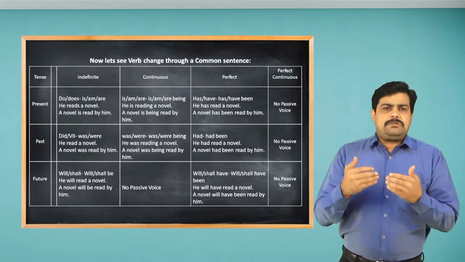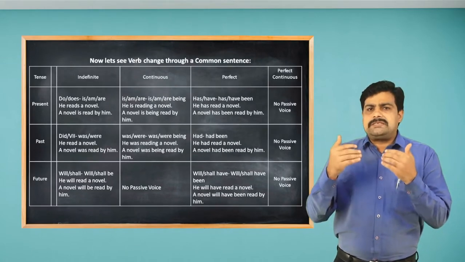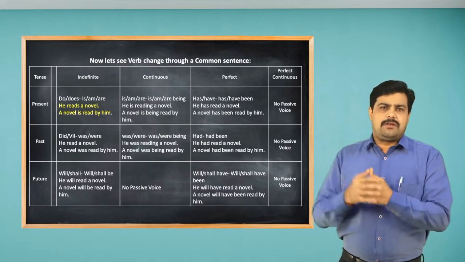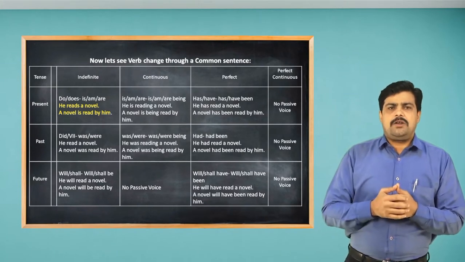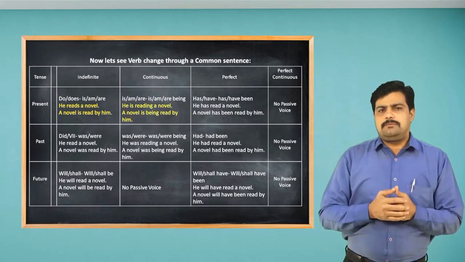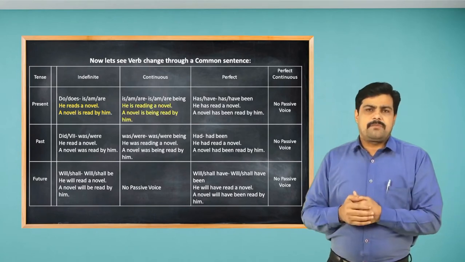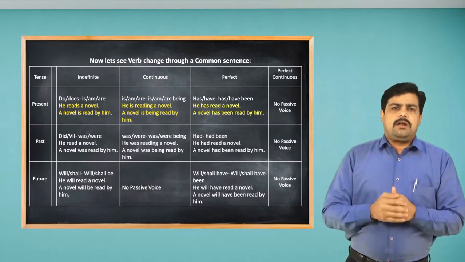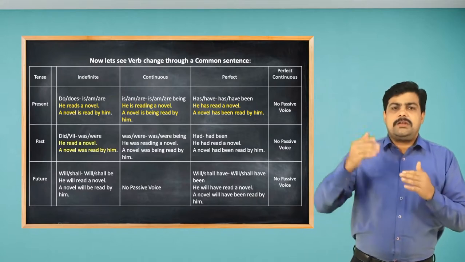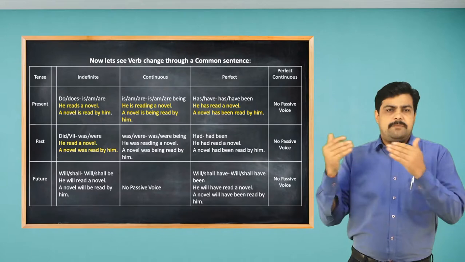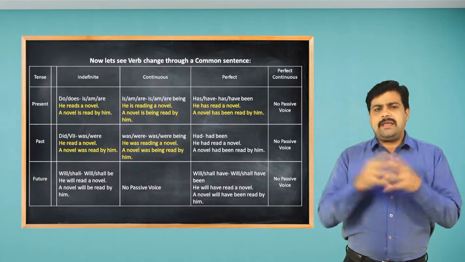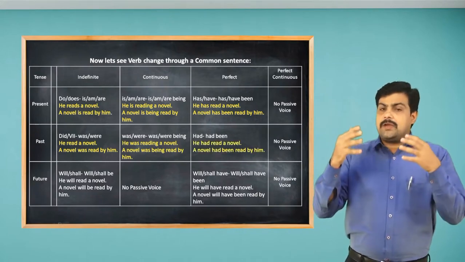Now let's see verb change through a common sentence. Here in present tense you see, he reads a novel. It is changed to a novel is read by him. He is reading a novel: a novel is being read by him. He has read a novel: a novel has been read by him. Let's take the past tense now. He read a novel: a novel was read by him. He was reading a novel: a novel was being read by him. He had read a novel: